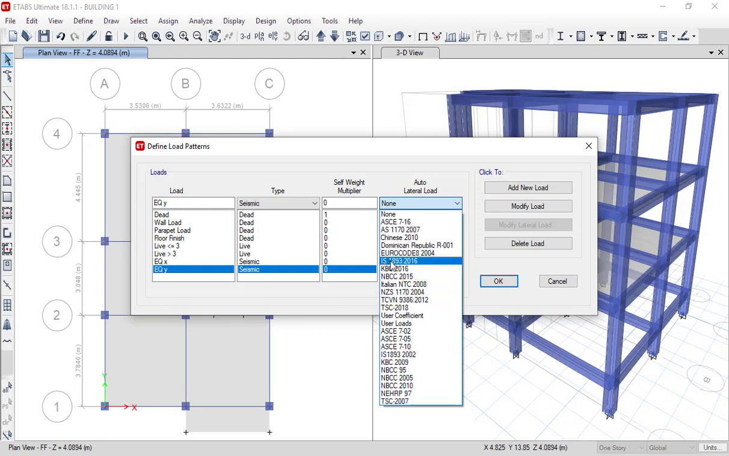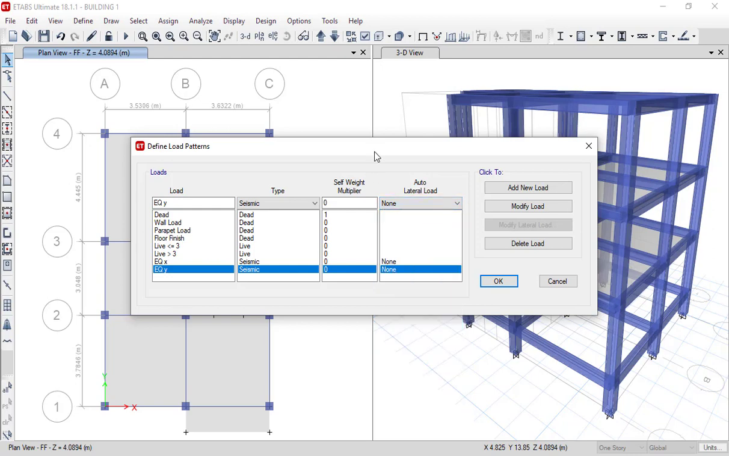And the latest is IS 1893:2016. So that is one code you can also use if you are doing Indian type of designing. And last but not least,